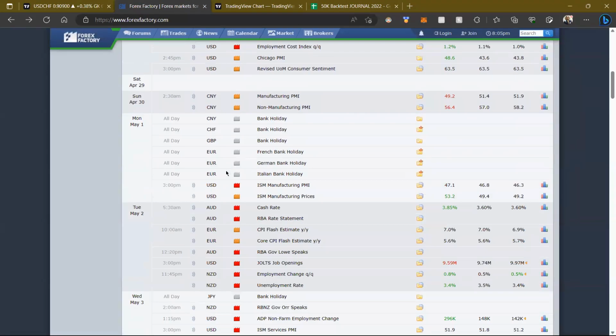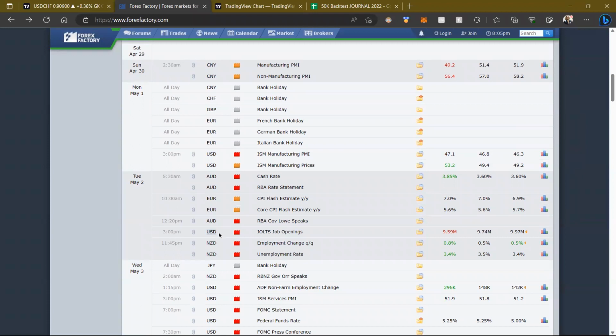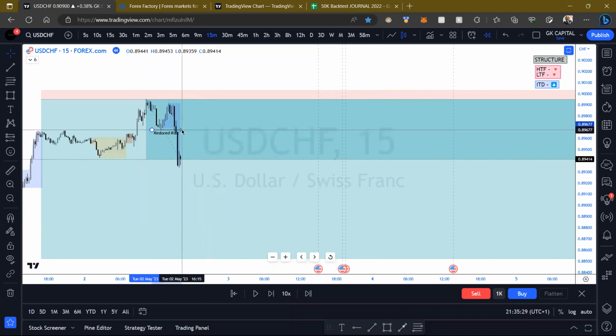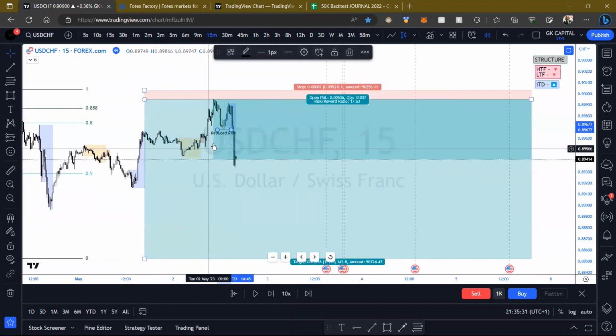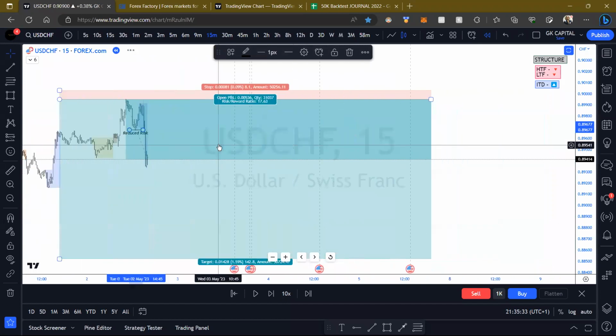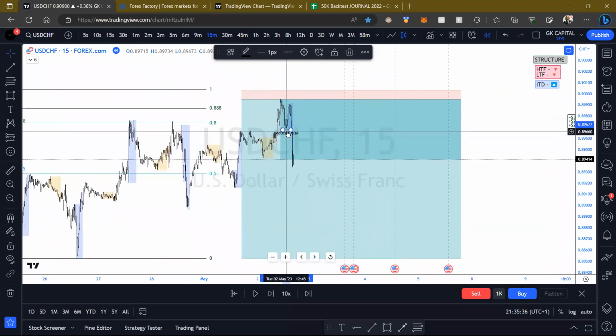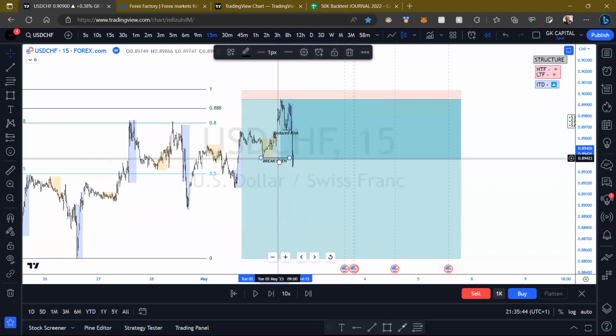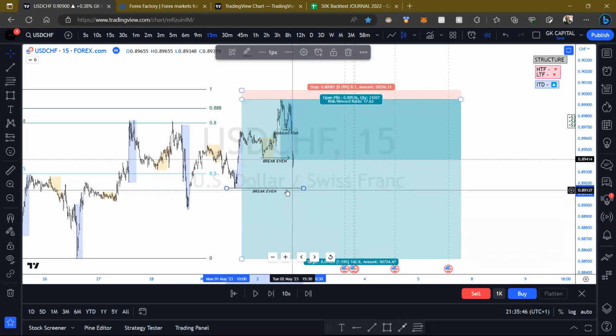This was 2nd of May. Jobs opening, 3 p.m. Yeah, 3 p.m. jobs opening. So news went in our favor. We managed to go to reduce risk, and at the same time, break even. And we said we would secure profit here,